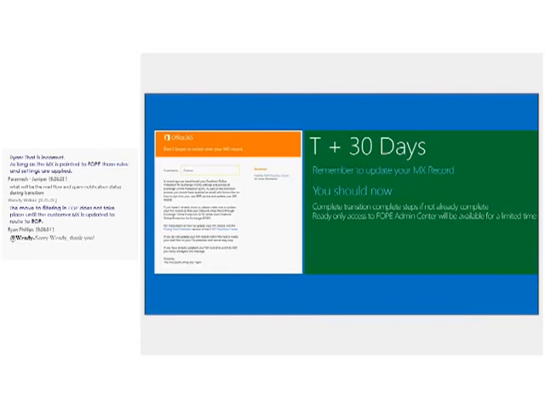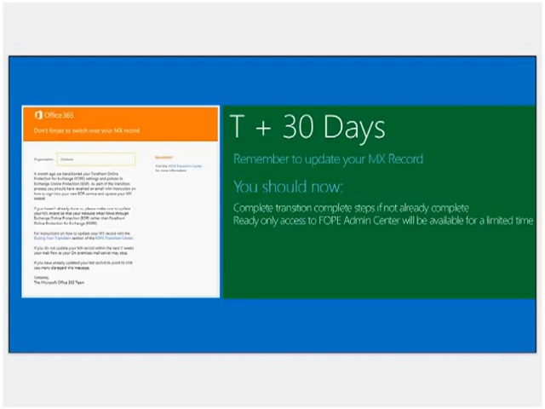So you've been transitioned over to EOP standalone. What will happen after 30 days? We will send you a reminder email that you need to have completed the MX update by now. Check for the administrator role assignments. For DirSync users, that's optional, but again, if you want to go ahead and set it up, that should be in place. The read-only access to the FOPE Admin Center will be restricted for a limited time, so we give you a guarantee of 30 days, but after 60 days, we cannot guarantee continuous mail flow.